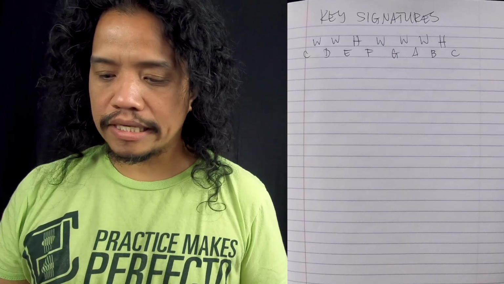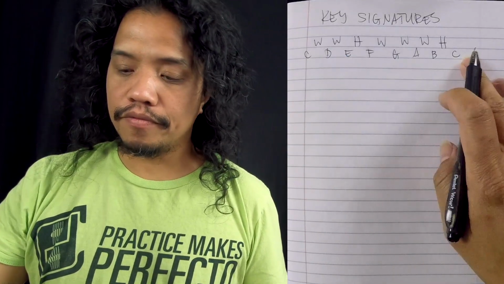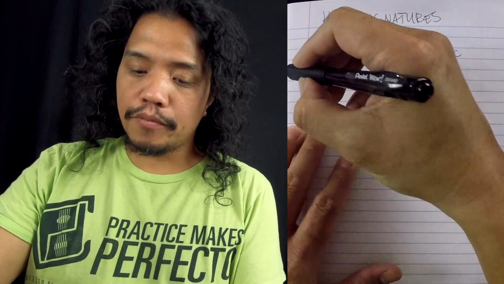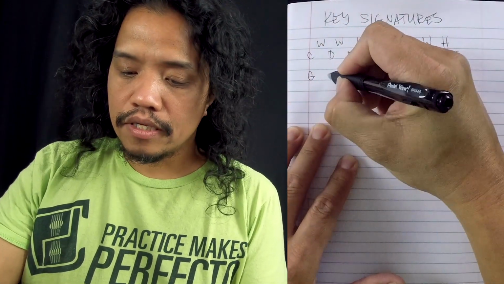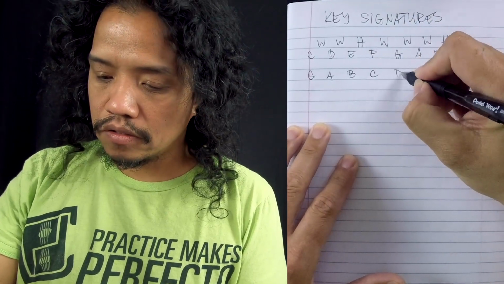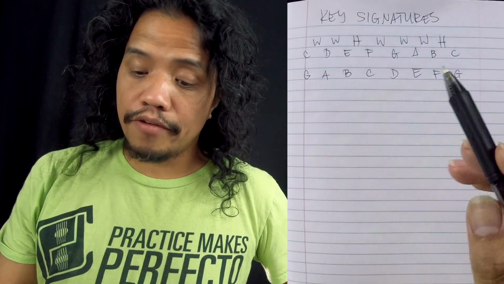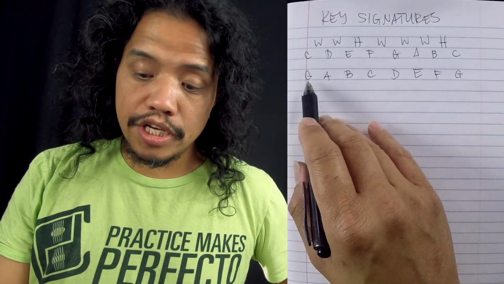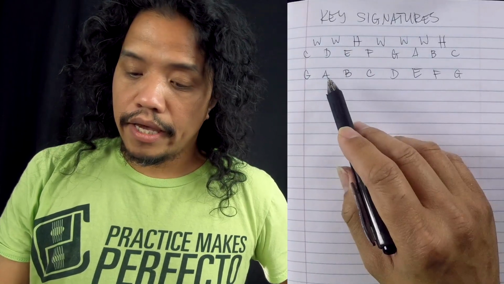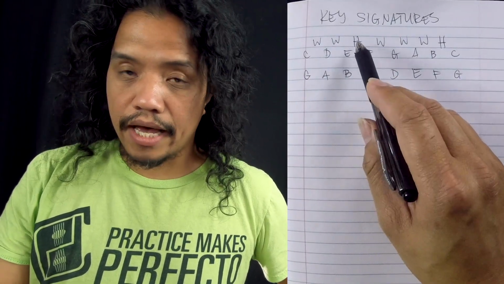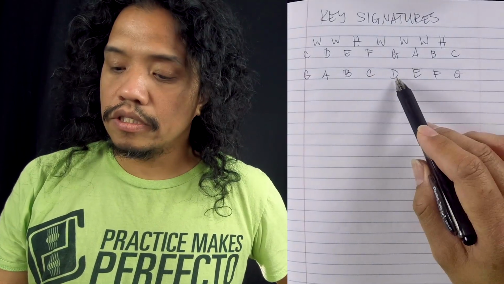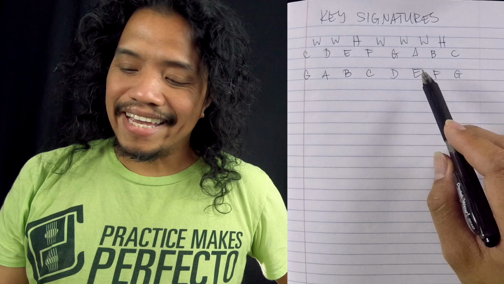I'm going to take the 5th note of the C major scale, so in this case C, D, E, F, G, and I'm going to write down the note sequence starting on that note. So now that I've written the note sequence starting on G, let's compare it with the major scale formula. G to A is whole, A to B is whole, B to C is half. We're good so far. C to D is another whole, D to E is also whole,